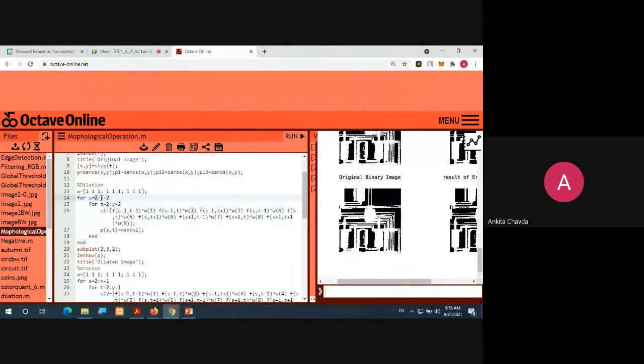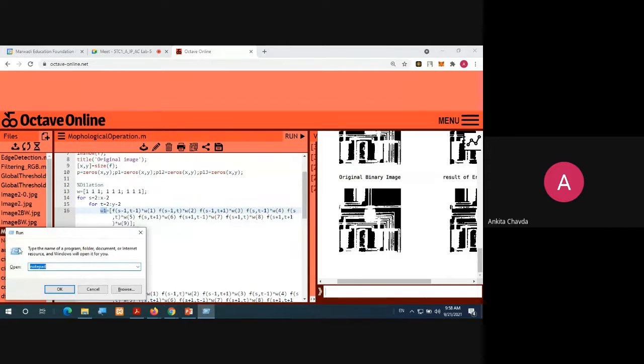We are starting with 2, we'll go till x minus 2, y minus 2, till that size. Now there is another image, w1, which is my temporary one, where it will contain the value of this.